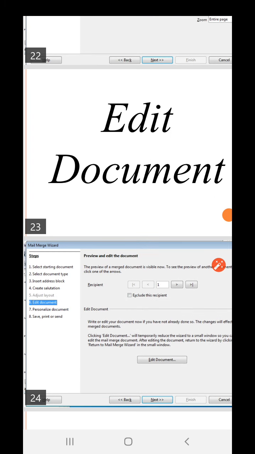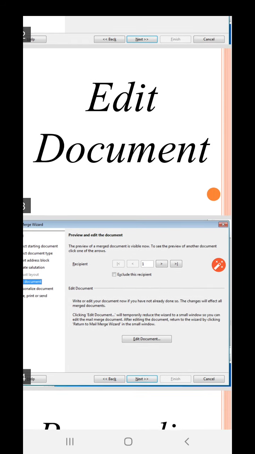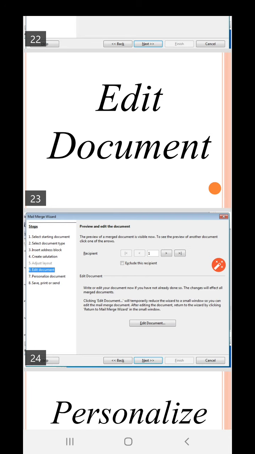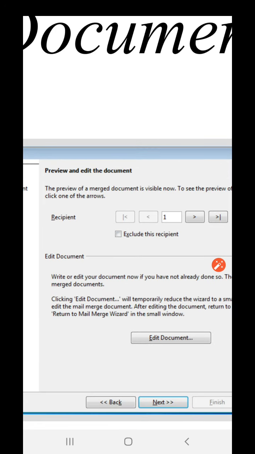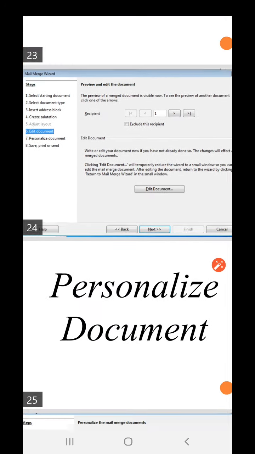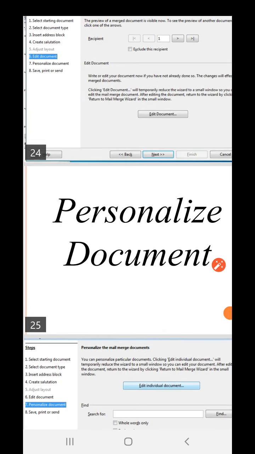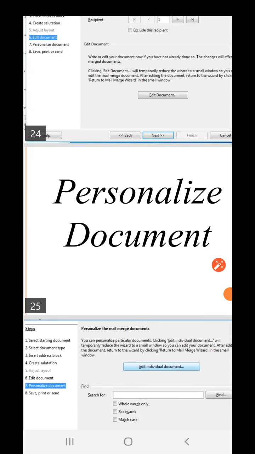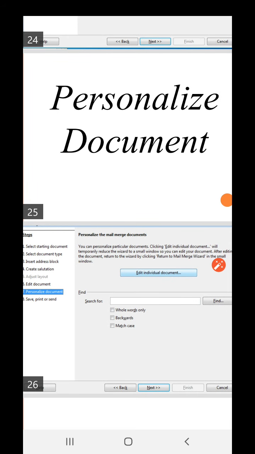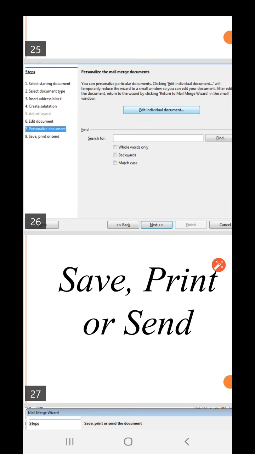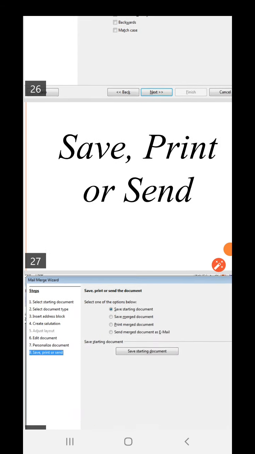Edit document. The edit document step will open up in this dialog box. If you want to edit the document, click on edit document, otherwise click on next. Now the next step is the seventh step, personalize document. Here you can individually edit the documents if you want by clicking on edit individual document. Otherwise you can click on next. The last step is save, print or send.